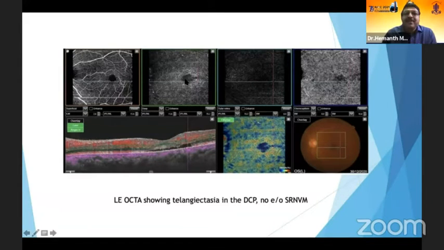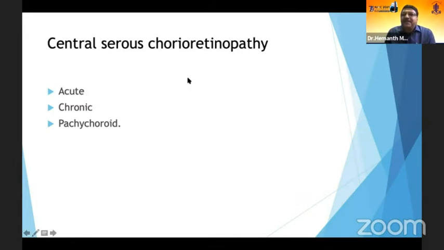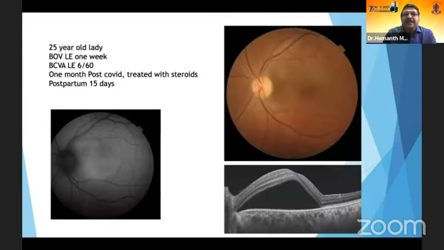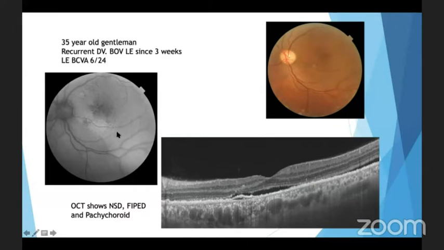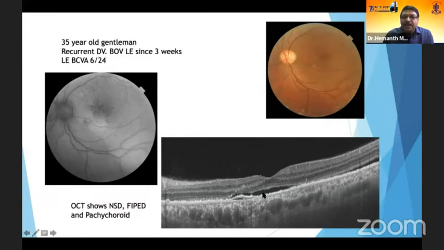Yeah, thank you. When you do an OCTA, you would see that this is seen here as the neovascularization, with the changes that are seen adjacent to it. Coming to central serous retinopathy, we go from the acute to the chronic, and in the acute, you would possibly see there's a detachment that is subretinal fluid, but everything else in the retinal structure is normal. But as you go towards the chronic, you start seeing RPE changes, which is seen on the autofluorescence also.